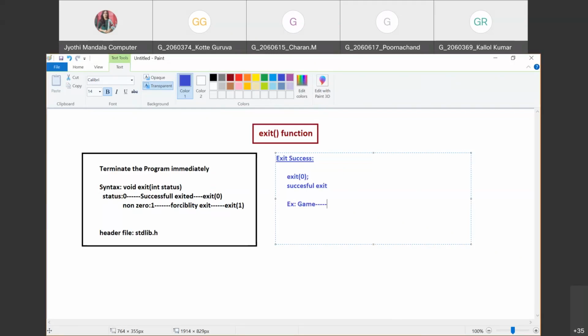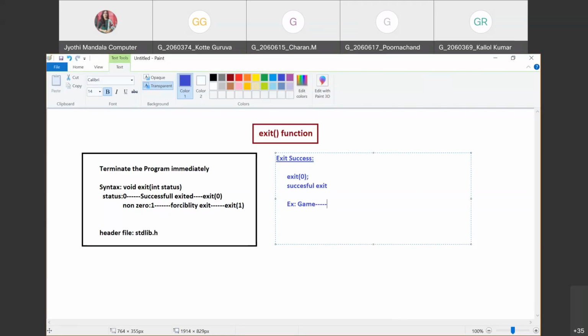You want to ask the option like yes or no. Suppose the user gives the quit option as yes, then what do we need to do? We don't want to continue the program, right? We want to come out of that program. In that case, it is called a successful exit.